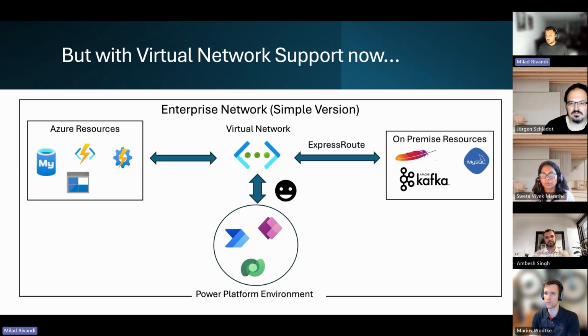But now, since your environment is doing the request within your own virtual network, it doesn't consider the Power Platform as a, let's say, unknown or public resource. It's now considered as a trustful internal resource, which is running within your enterprise network. And therefore you could also then access your on-premise resources, which are connected to the virtual network through ExpressRoute, which gives you, of course, more security in the first place,